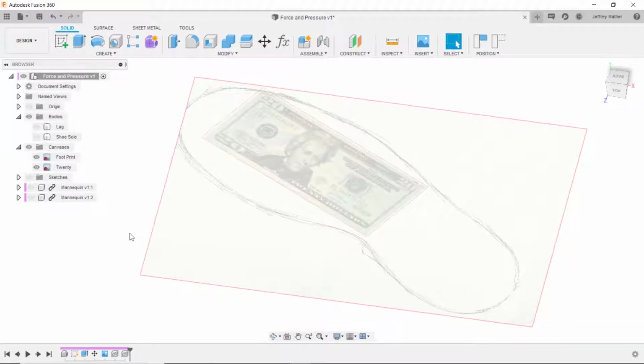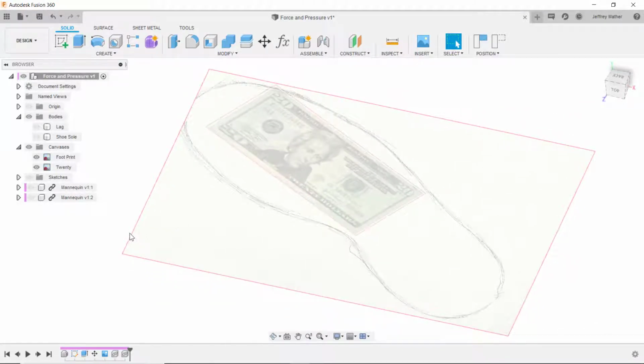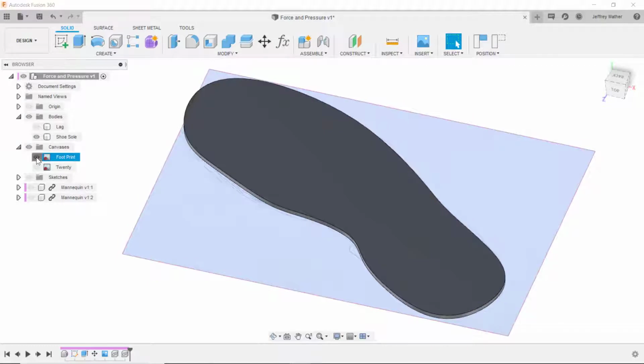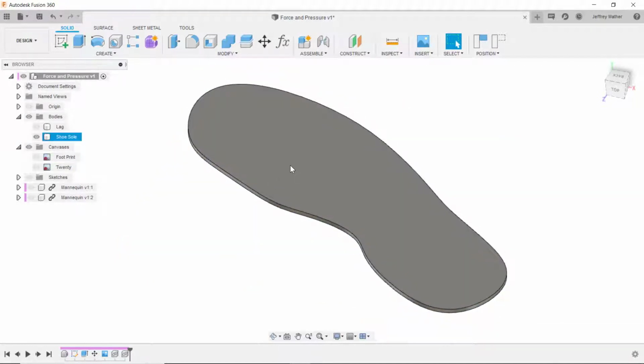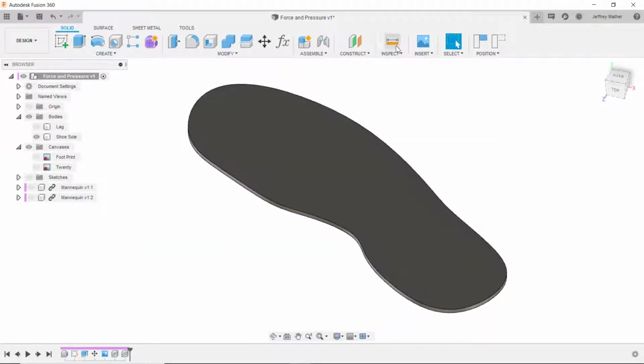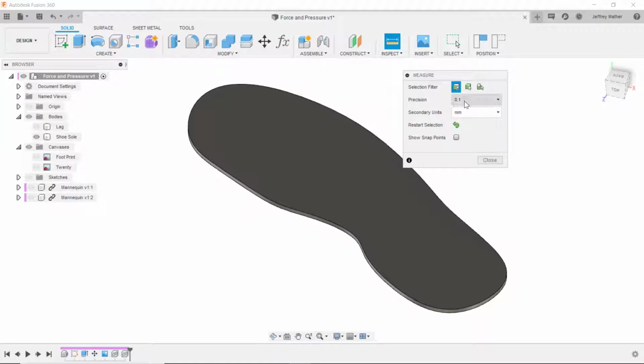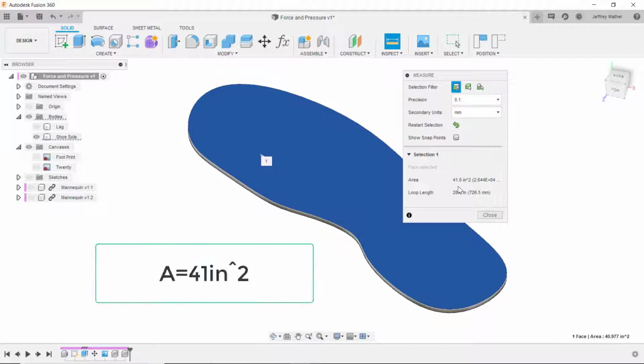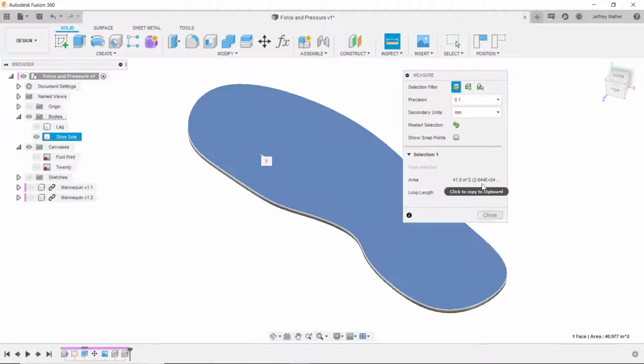the magic trick. Now before we get any volunteers, let's take some consideration of what we're proposing here. So I've gone ahead and extruded my footprint, and let's see what the area is of the sole of my foot. So I'll go to the inspection tab and let's set precision, let's say on 1 decimal place, and I'm going to do it in both inch and metric units. And so if I select this, I see that the area of my foot is about 41 inches or about